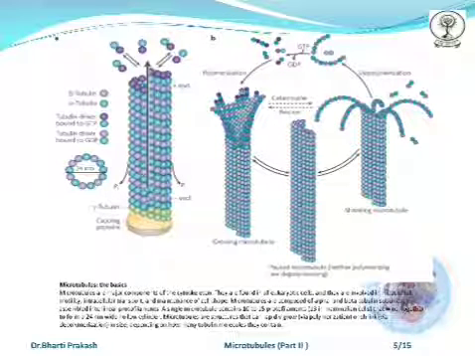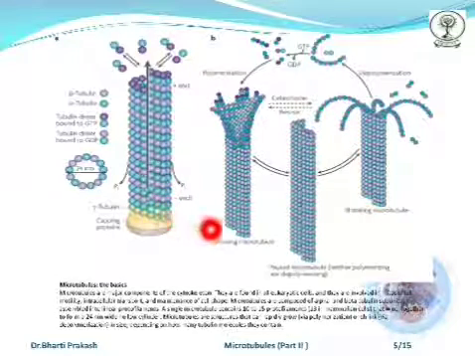Now this is the picture which shows the polymerization and depolymerization of the microtubules. The microtubules consist of the alpha and beta tubulin subunits which are assembled into the linear protofilaments. They form a dimer, which are united together to form linear protofilaments. In mammals, a single microtubule contains 13 protofilaments. We had studied this in our previous lecture. These protofilaments can wind together.